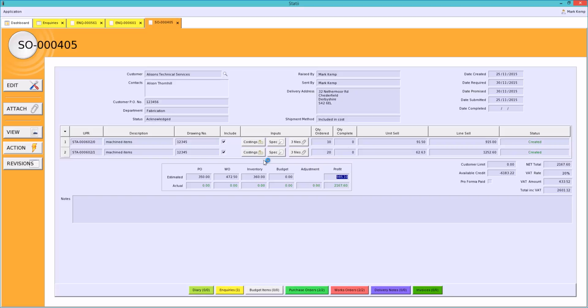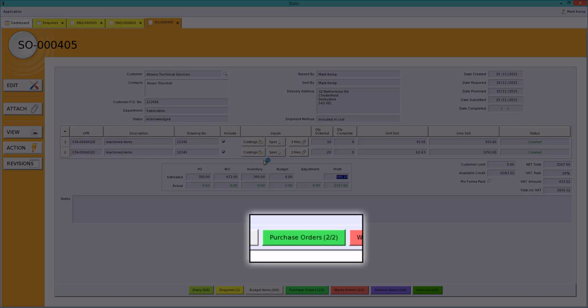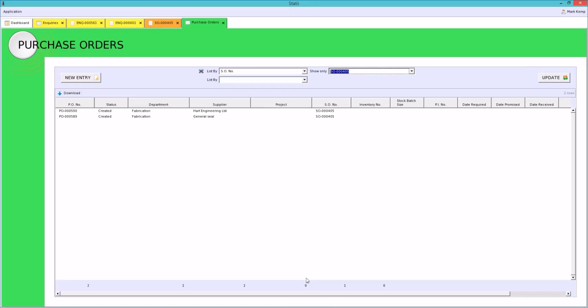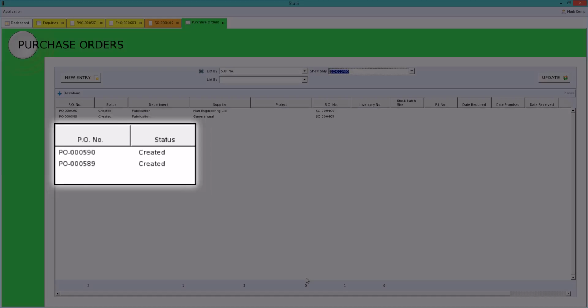Now the sales order part of it is really where all the controlling of the job is done. So again, you heard me talk about quick links earlier. These quick links at the bottom of the sales order really just navigate me and show me everything relating to this job. Yeah. So for example, if I press the green purchase order button, you can see there 2 of 2. The system has automatically created the 2 purchase orders. Oh, right. And you remember in the costings I set up for the galvanising and the bar. Yeah. So these are status created at the moment. Very quickly,